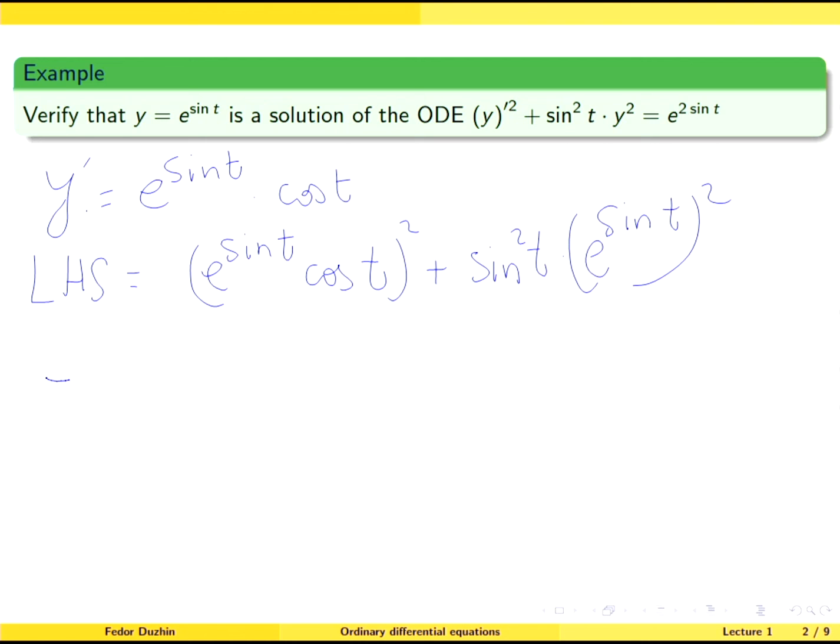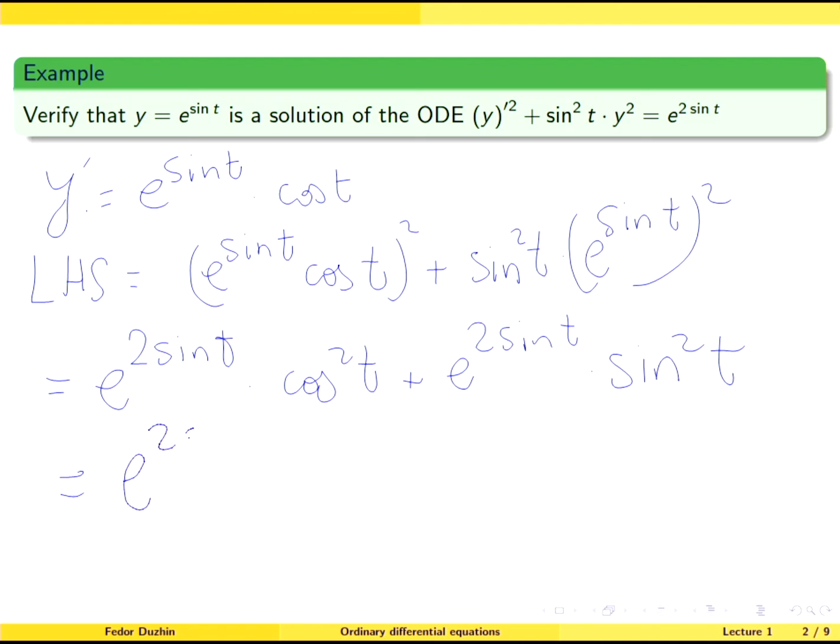Let me continue. Now e to the sine t squared is e to the 2 sine t times cosine squared t, plus e to the sine t squared, again e to the 2 sine t times sine squared t, equals,